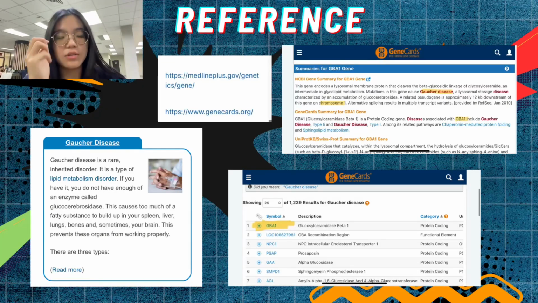For this presentation, we've gathered the gene level information from two reliable databases, which are MedlinePlus Genetics and GeneCards. MedlinePlus helped outline the disorder itself, its nature and clinical impact, while GeneCards provided a detailed view of the GBA gene, the associated variants, and how these mutations affect beta-glucosidase. Together, these sources made it clearer how a single gene and a single enzyme can set off a cascade that ends in